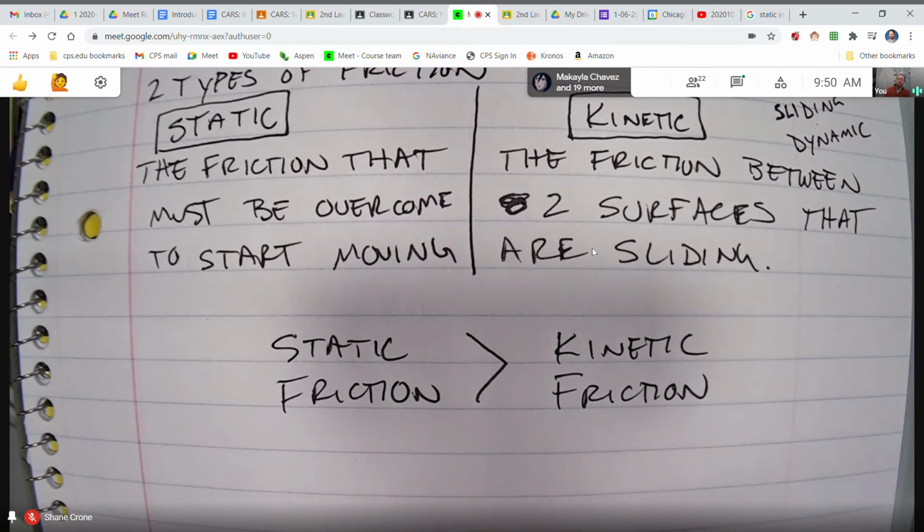Now, when would I want to use kinetic friction? If I was drifting, if I wanted to skid on my bike, if I lock up my back tire and I want to skid and slide, then I want the kinetic friction. I don't want to go over everything today because it's a lot to think about and I want to give your brain time to process this. But I do want to plant this idea of the car tire in your mind, because it's very relevant to what we're talking about with the storyline and just in general about forces.